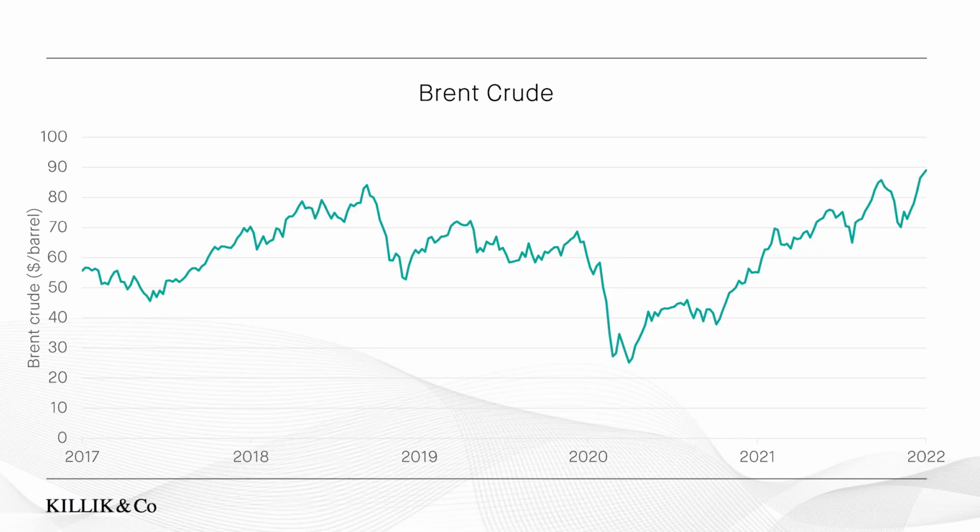And finally, this week, the oil price has gone back up to $90 per barrel, and that's its highest level since October 2014. And this is due to the fact that demand has gone up as the global economy has continued to reopen, but it's also due to the fact that some investors are concerned about the tension between Russia and Ukraine, and some investors fear this could cause a hit to short-term oil supplies. Over the last few years, oil company shares have become quite unpopular, whereas investors have been piling into clean energy stocks. However, over the last few months, this trend seems to have